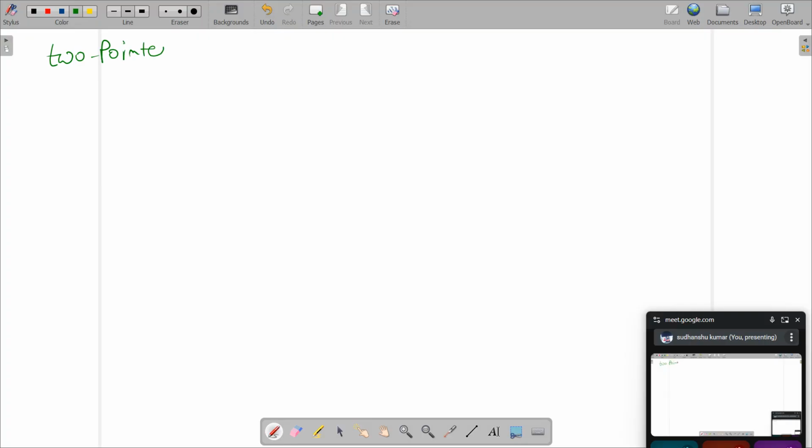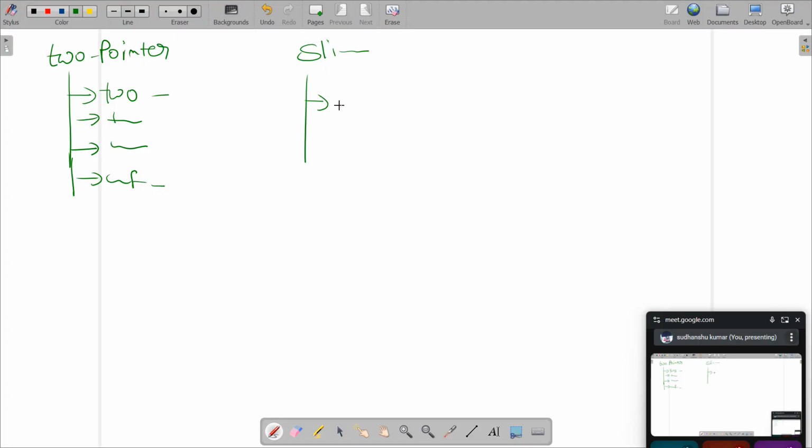Using two pointer, we discussed problems like two sum, three sum, then binary search, then count frequency in a sorted array using binary search. Then we discussed sliding window: maximum subarray sum of size k, then maximum subarray sum of size k with k distinct elements.